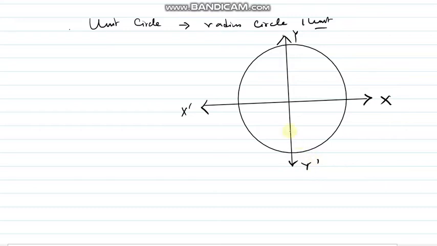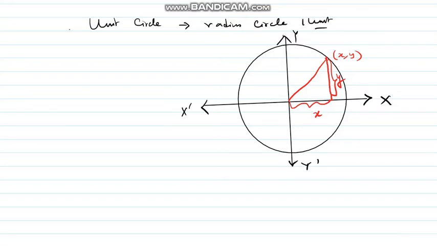my y dash. So in the first quadrant, if I take any point as x comma y, from the concept of coordinate geometry, if I draw a line over there and a line over there, can we say that this line will be equal to y, the length of this, and this portion will be equal to x. Now what will be equal to this line? This line is the hypotenuse, which is also the radius of the circle. So can we say that this is equal to 1?